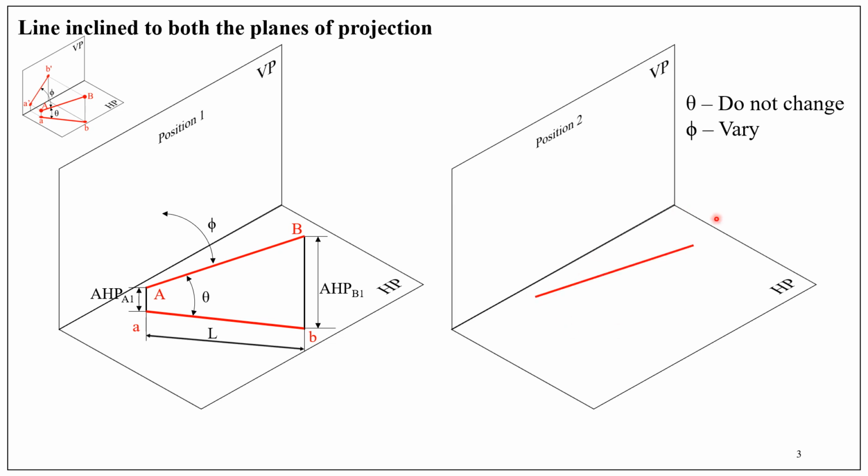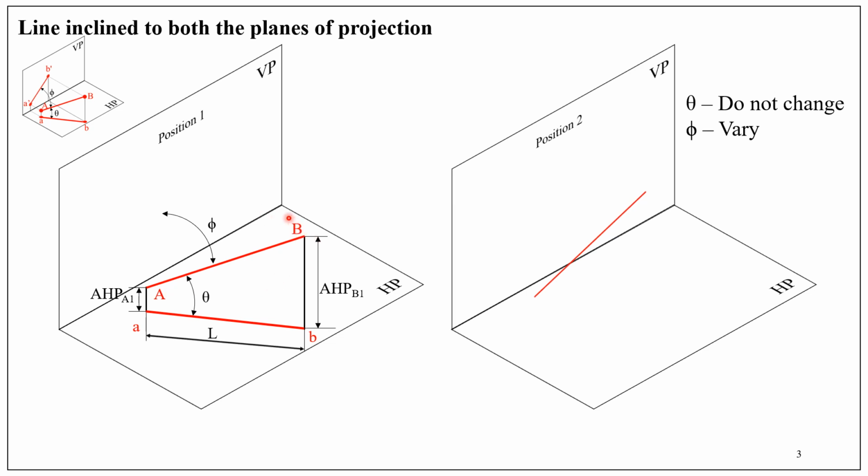Here, once again, the line AB is shown in its given position for reference. Suppose I rotate this. So how is it rotated? The line is rotated in anti-clockwise direction about A, meaning the position of A is fixed, only B gets changed,